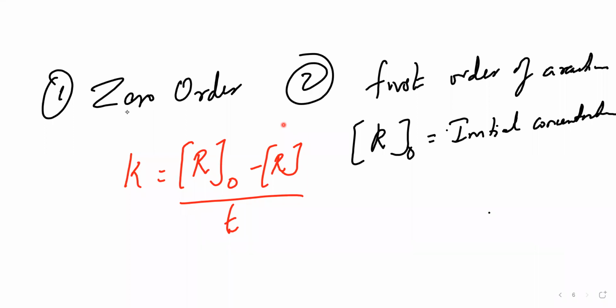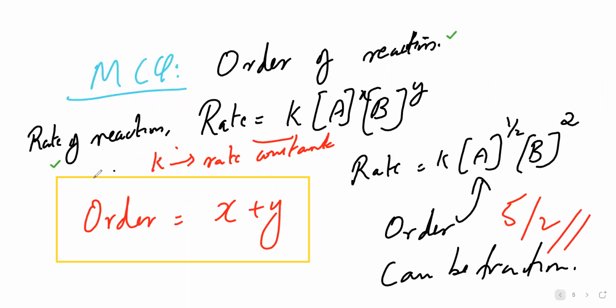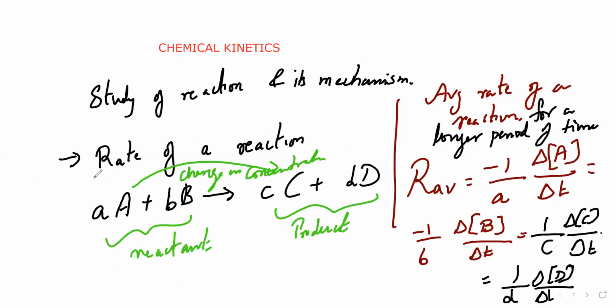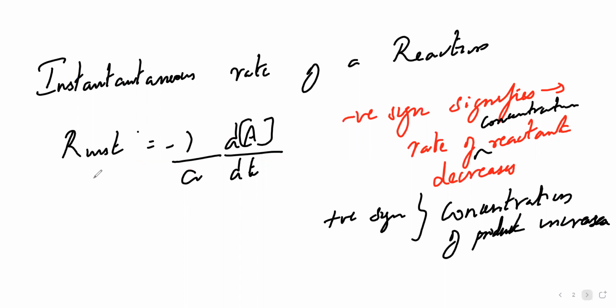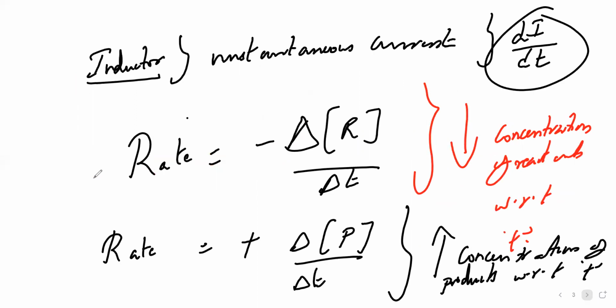Zero order reactants, correct? So the first one, what I wanted you to do is zero order. I've written down this expression. I'll come back to the first page or maybe the second page where I have written something. This is for reactants to products, correct? Normally we will have minus 1 by a or something, right? Did I write any of these things? No.